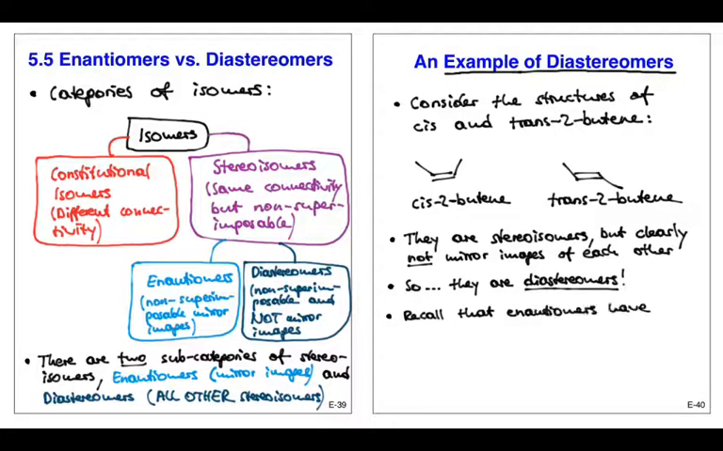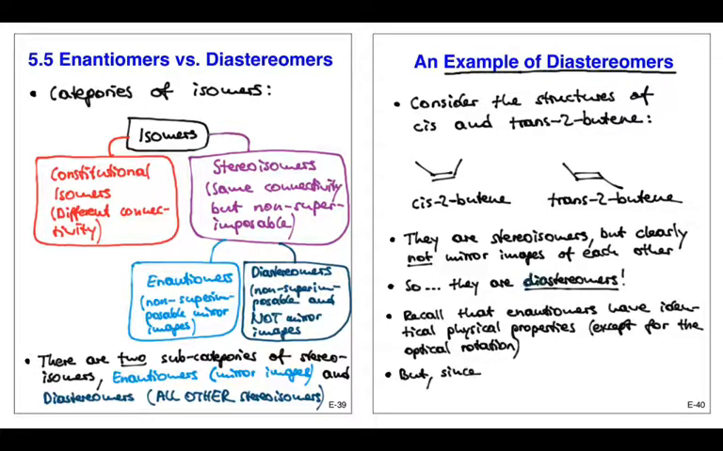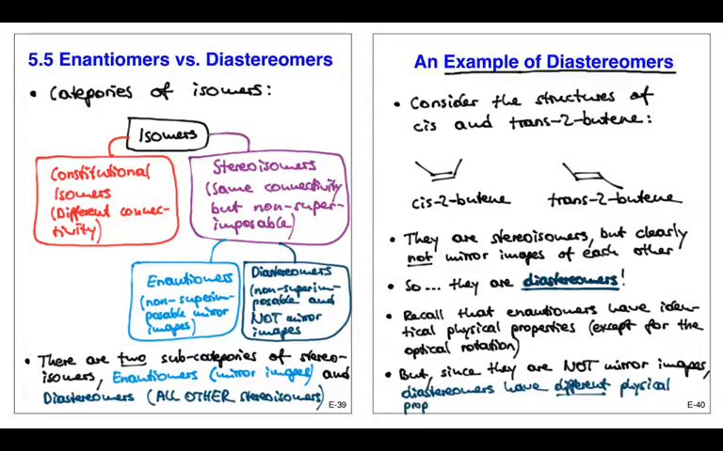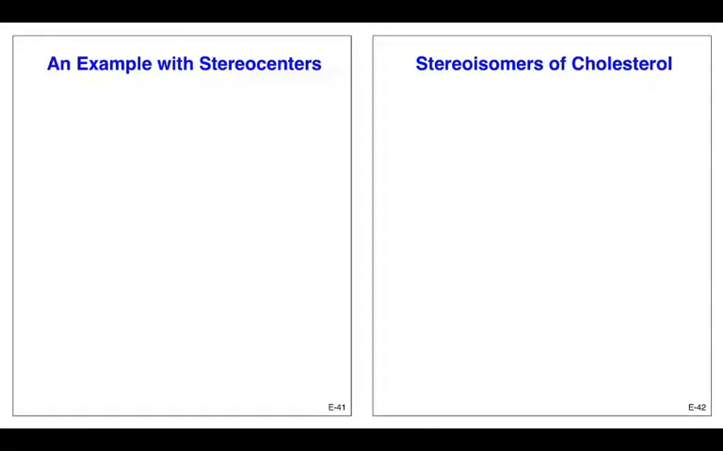Okay, so remember that enantiomers, of course, have identical physical properties, except for optical rotation. But now for diastereomers, they're different. They're not mirror images of each other, and so they have different physical properties like melting point, boiling point, etc. Right? So now finally, I just want to show you one example what happens if you have multiple stereocenters in